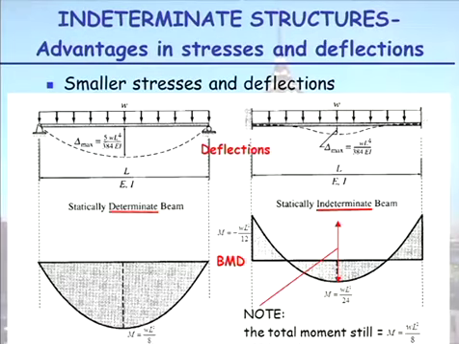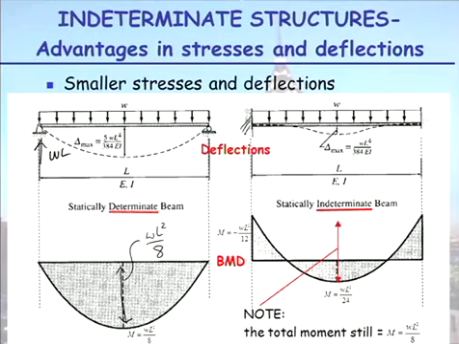So let's look at smaller stresses and deflections. On the left-hand side here, I have a simply supported beam with a UDL load on it. You draw the shear force diagram, my bending moment diagram. This maximum moment in here is equal to WL squared on 8. If you work with the fact that that is WL and the length of this beam is L. If we have the same beam, but now we've